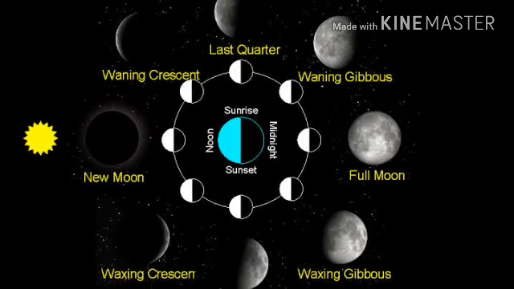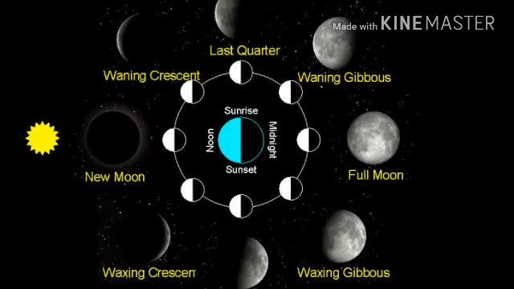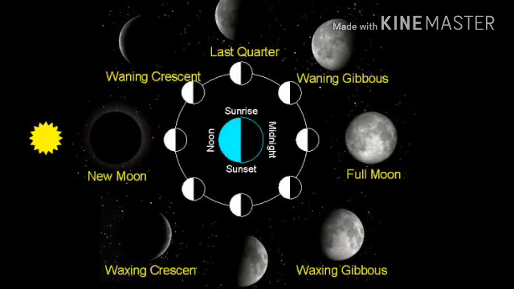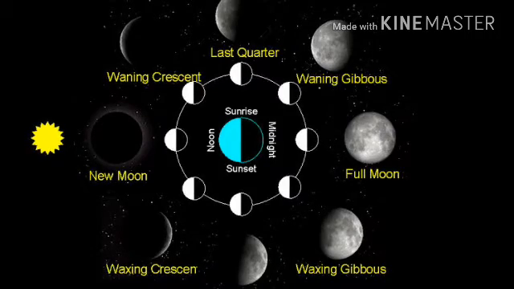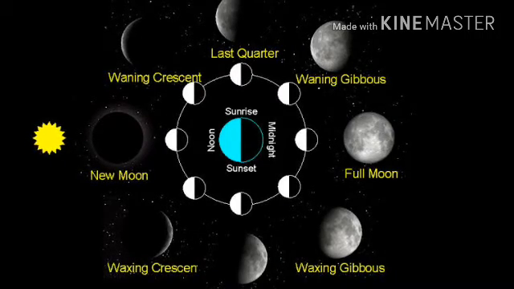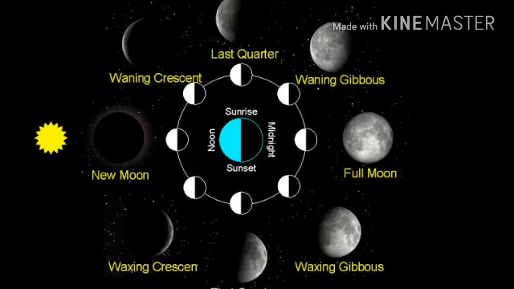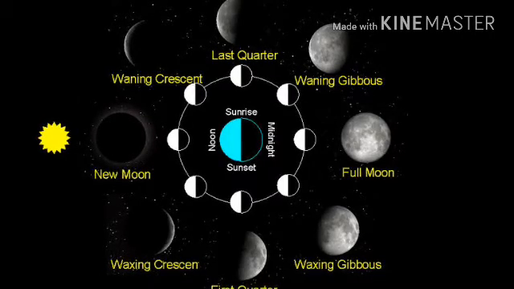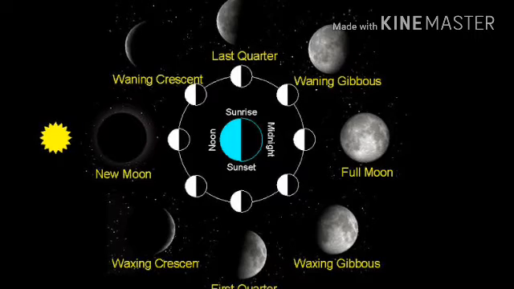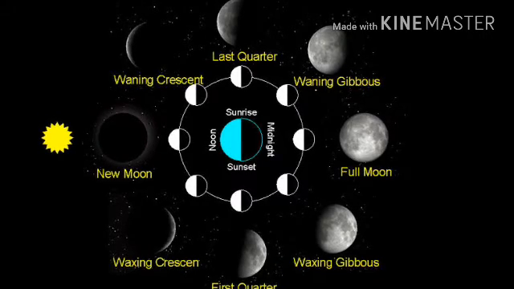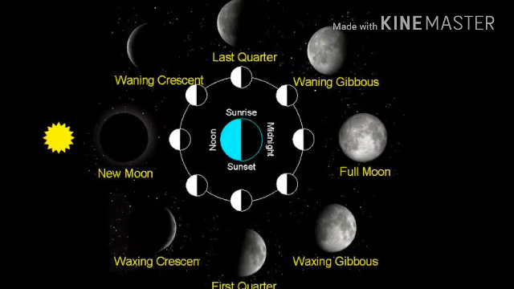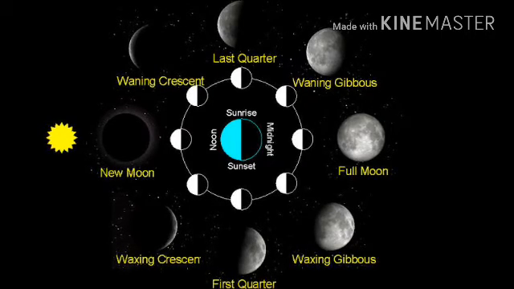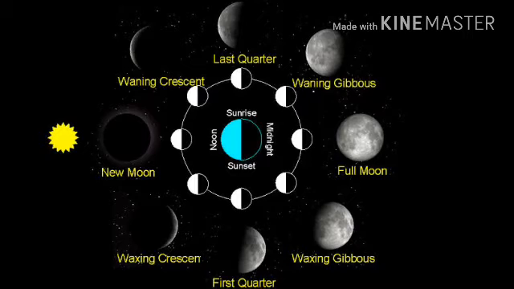I have made a practical work on this. Next I will show you how I made it, and you could easily understand the concept. But first of all you should see what is going on in this figure. By looking at this figure you will get a clear idea how the moon rotates around it, and practically when I show you it is easy to understand. So let us see practically how we get new moon, full moon, and even eclipse also we'll discuss.